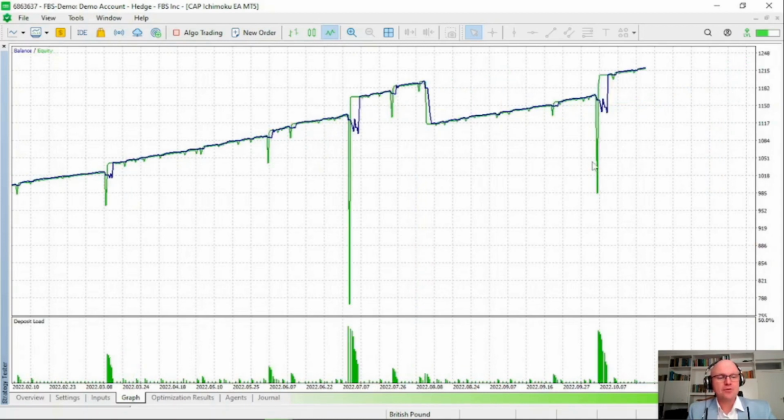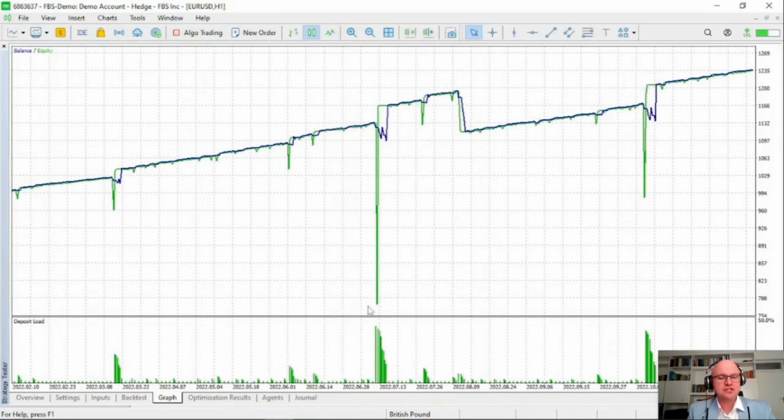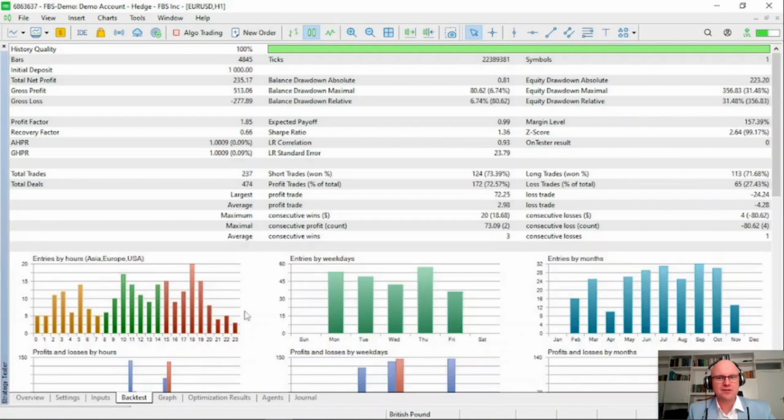This can also help your manual trading by eliminating the Ichimoku strategies, which could potentially not work in the long run. What we are going to do moving forward is do further optimization to see if we can now improve the result and of course reduce the drawdown. Total net profit is $235. However, the drawdown is